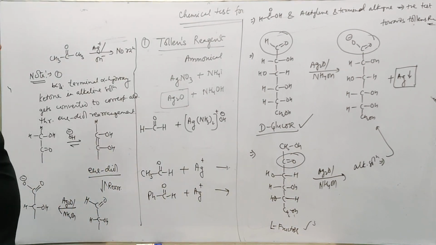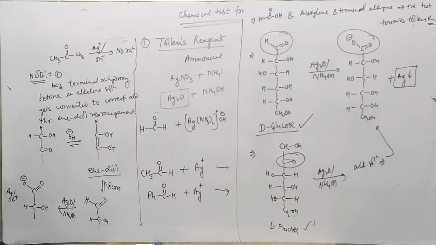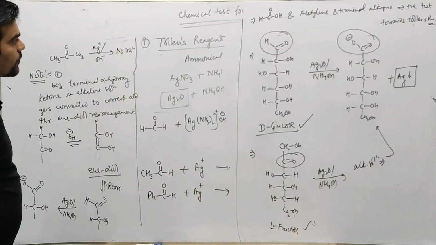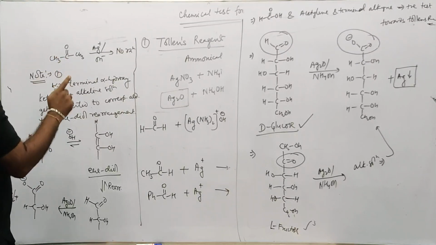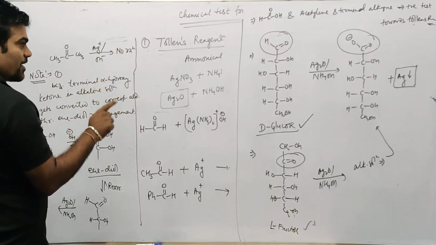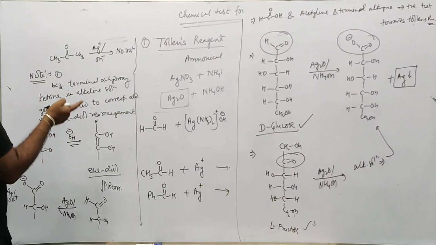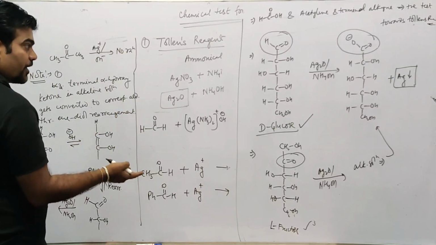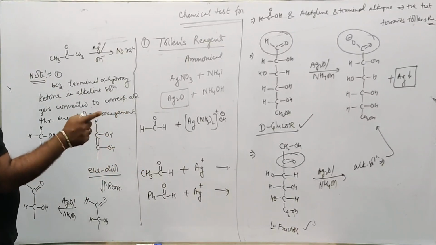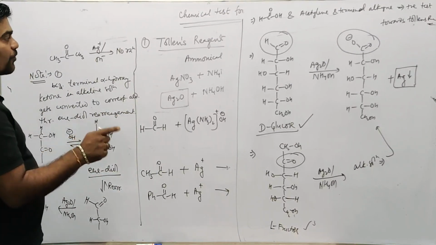And reduces silver ion into metallic silver, and hence they are called reducing sugar. What does it mean? Any sugar where the first carbon is in the form of hemiacetal, not acetal, that hemiacetal carbon can be converted to the corresponding aldehyde group in alkaline solution, and hence they will respond to this test positively and will be classified as reducing sugar.